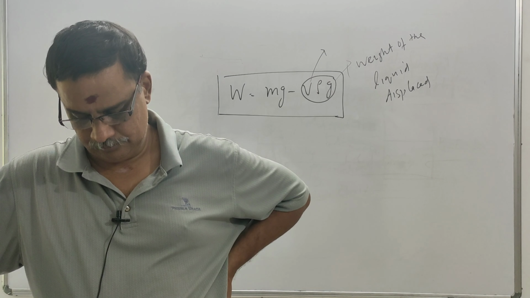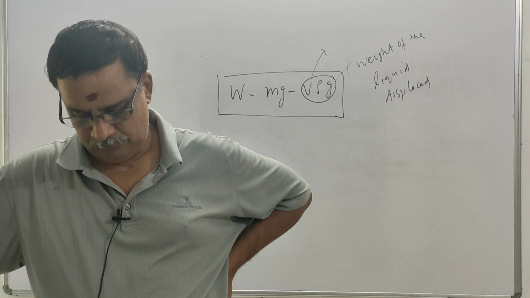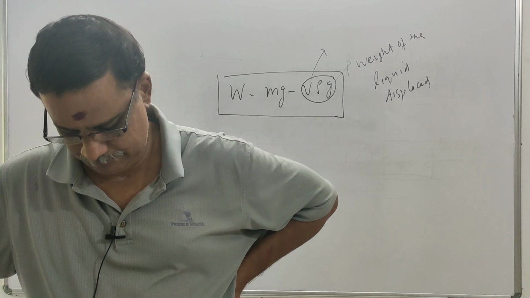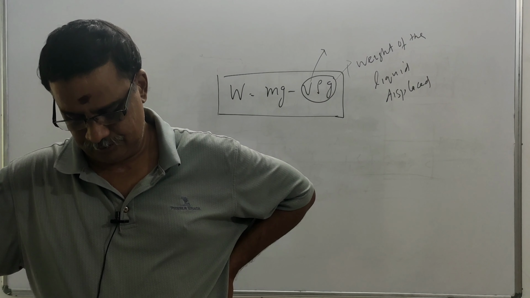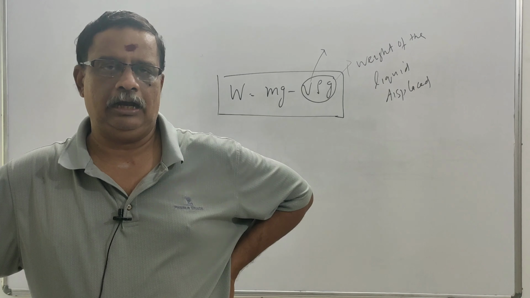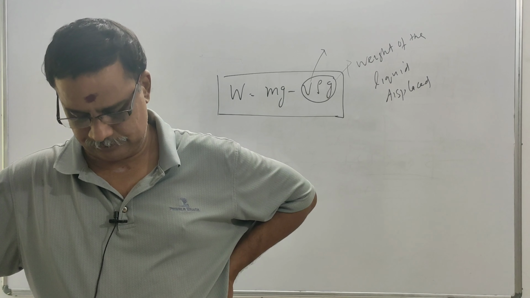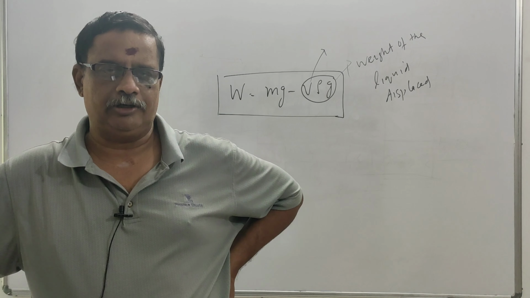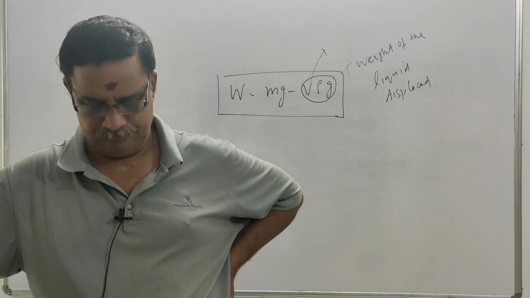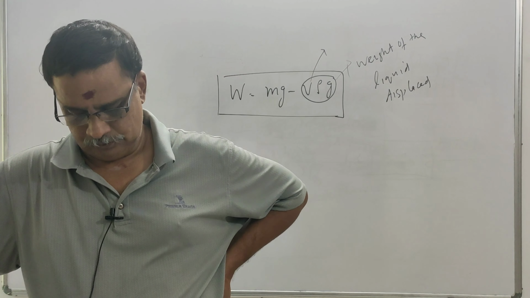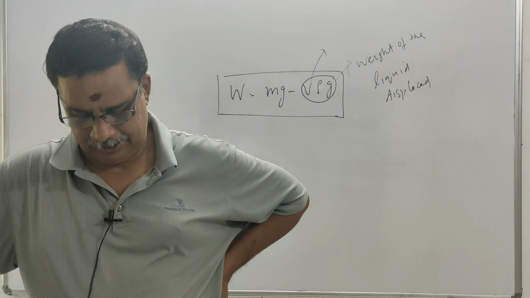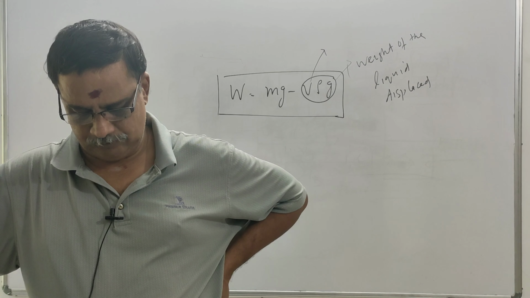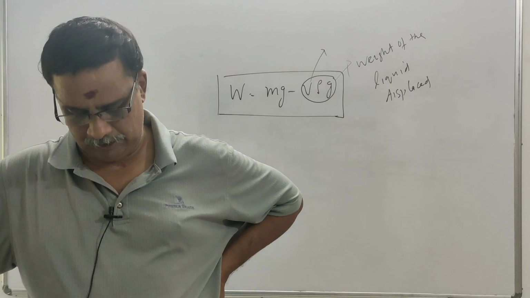The weight of lead of relative density 11, which will balance 8 gram of iron of relative density 8, when lead is in water and iron is in air, is... I will repeat. The weight of lead of relative density 11, which will balance 8 gram of iron when the lead is in water and iron is in air is... I will give you the options.